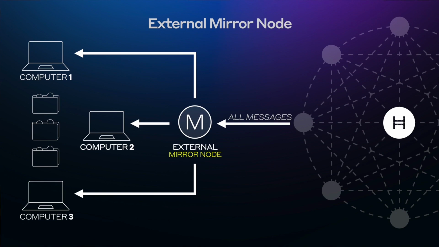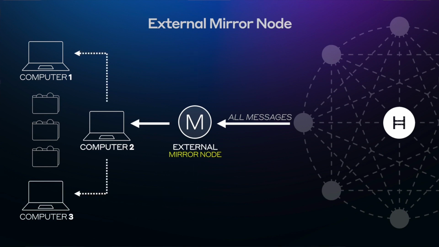So everybody is getting it from the mirror node, or just computer 2 is getting it and that computer gives it to the other ones. You could do it any way you want. You can spread it any way you want. You could gossip it if you wanted to, or just everybody gets it directly from the mirror node. So this is how to use an external mirror node service, which makes your AppNet even simpler. And because you don't really have to have any trust in the AppNet, you could even use a cloud service. Just stand up a bunch of instances in the cloud. The AppNet can be very simple. The AppNet could be one computer. This is just really simple what you can do.